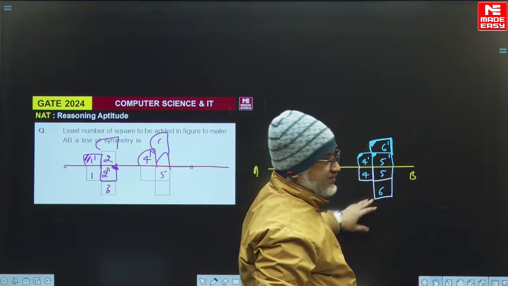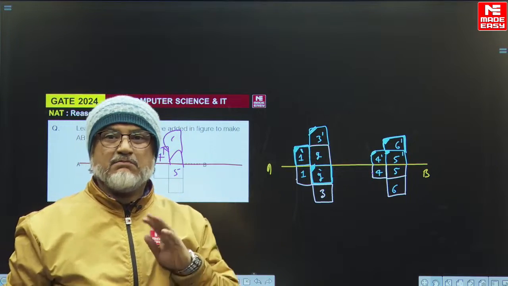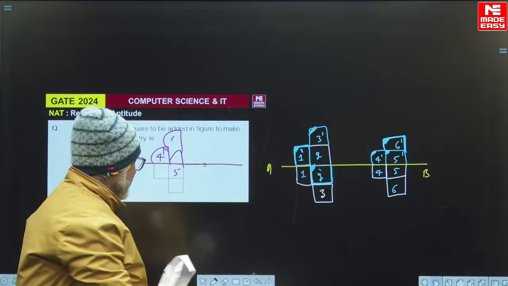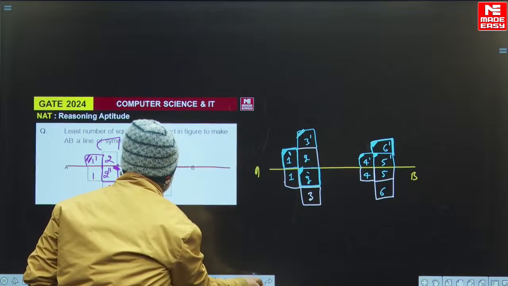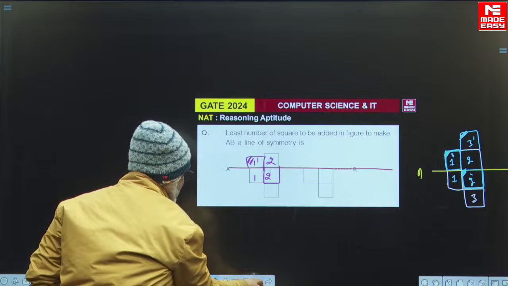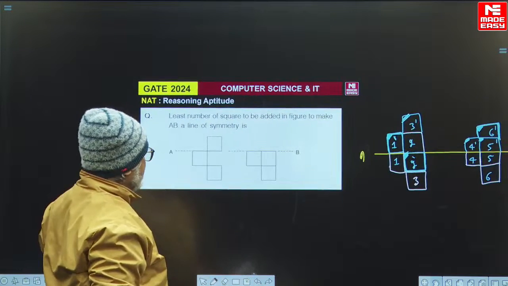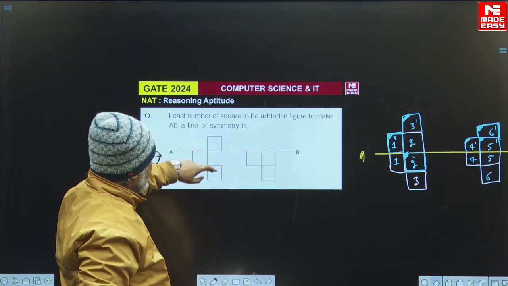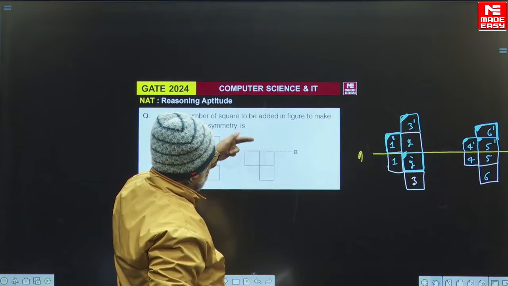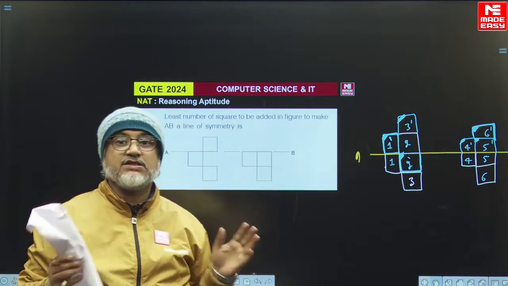के लिए 5 डैश, 6 के लिए 6 डैश। अगर ये फिगर था, then the answer was only this. Below par again, because 3 squares are here and 3 squares are here, और उनका कोई भी सिमेट्रिकल स्क्वायर मौजूद नहीं है अबाउट लाइन ए बी। इसके लिए यहां बनाना पड़ेगा, इसके लिए इधर, इसके लिए इधर बनाना पड़ेगा। ए बी लाइन के अबाउट सिमेट्रिक होने के लिए इसके लिए इधर, इसके लिए इधर और इसके लिए इधर। All 3 and 3, 6 new squares have